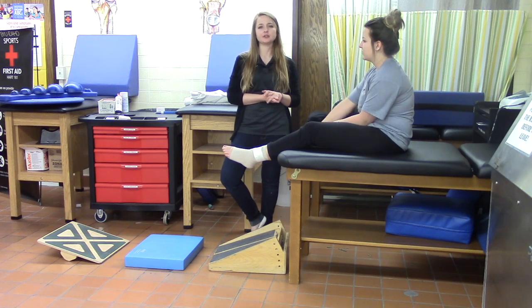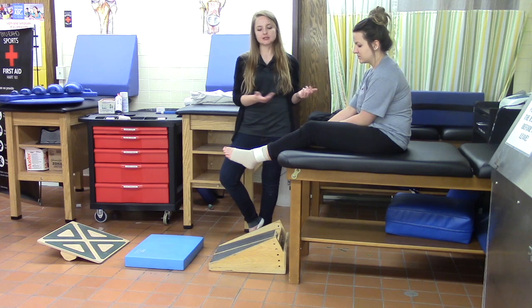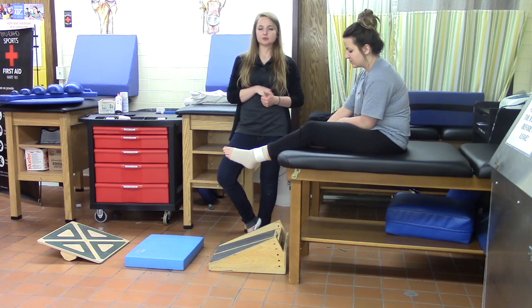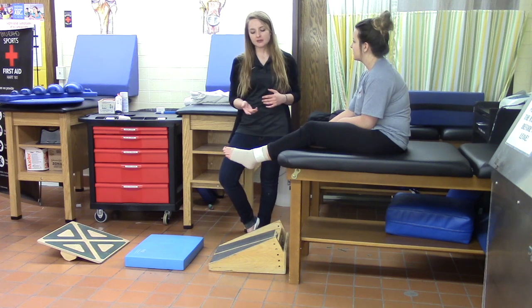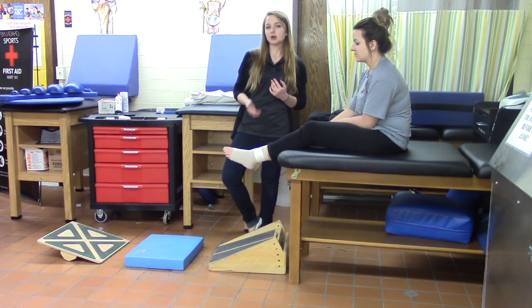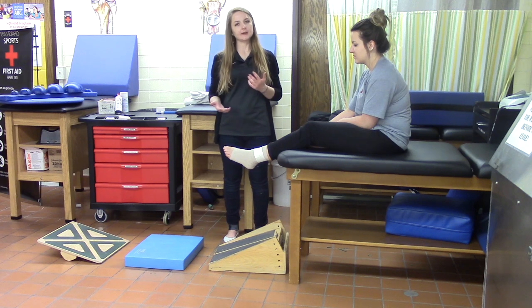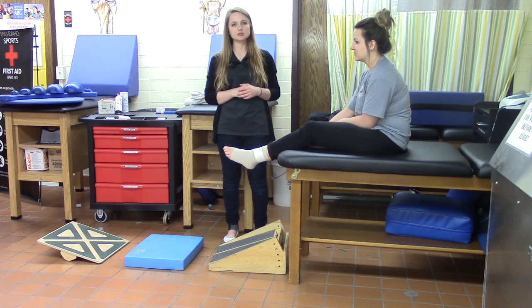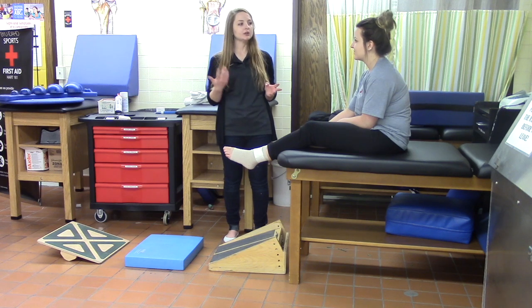After they're out of their acute phases, so with the chronic injury like Haglund syndrome, it's difficult to know when they've progressed from acute to chronic, but if they don't have any redness or any heat coming off of their injury, we can go ahead and move them into some heat therapy. So we can do ultrasound just to release the tension in that area and increase blood flow. And we can also do some